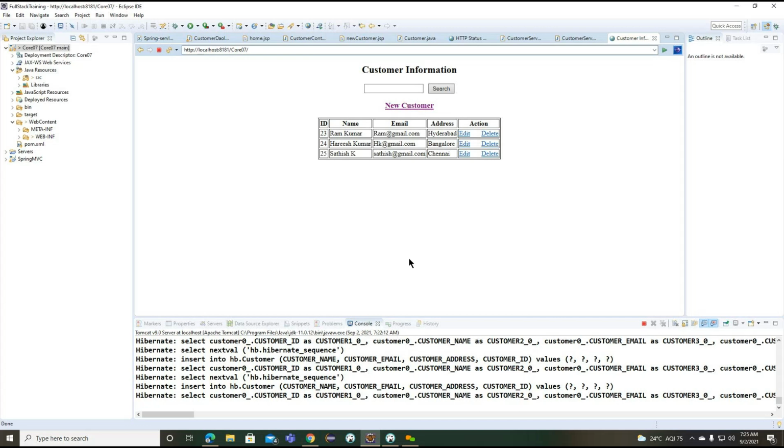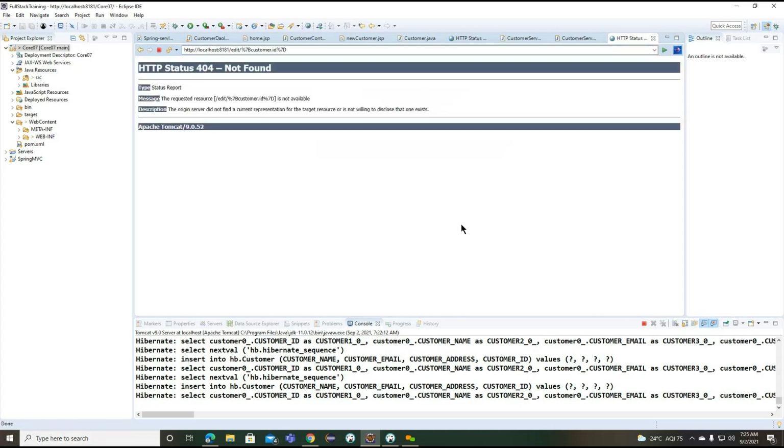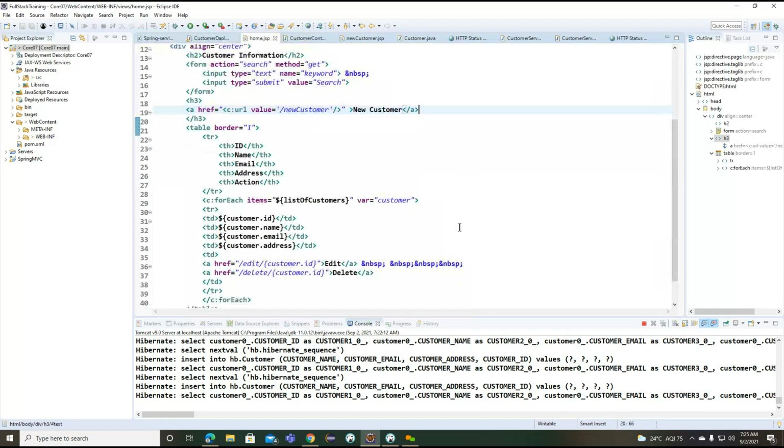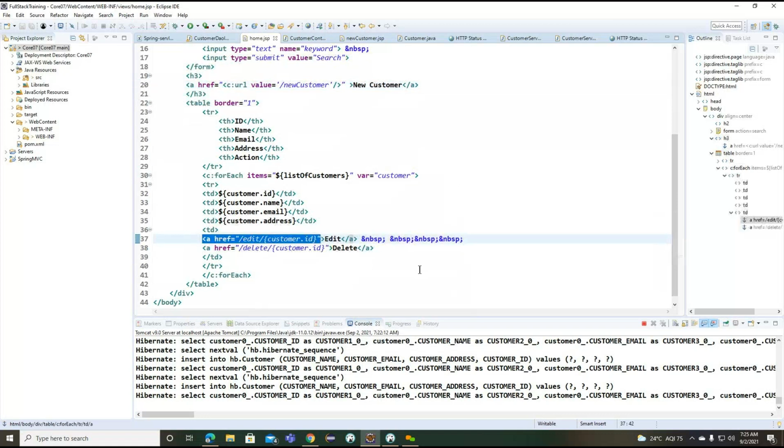Now we'll try to update the record here. Getting the point? If I want to update this particular record, now what can we do? I want to click on edit here. If I click edit here, again this particular 404 page we are getting. 404. So what can we do here? Getting the point? Now again we need to go to the home.jsp. We need to provide this anchor information here. Okay, let's see how we can implement this anchor information.